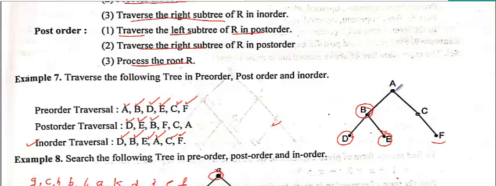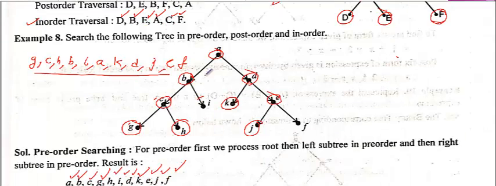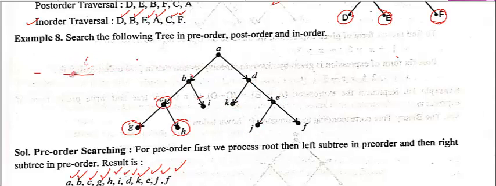Okay, so you cannot take the root first because you have visited the left, then you will move to the right, the most right, F, correct, then you will visit the root because you don't have a left, then you have A. So this is the process of post order. Okay, so the same thing we will discuss in this example. Post order means how you will do the same thing in this example. Okay, so let's discuss the post order.